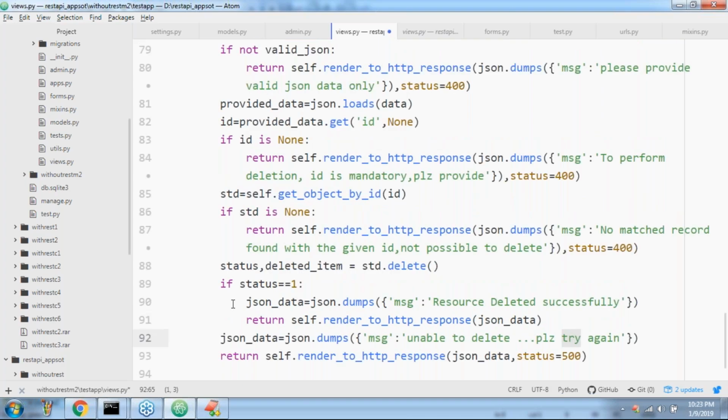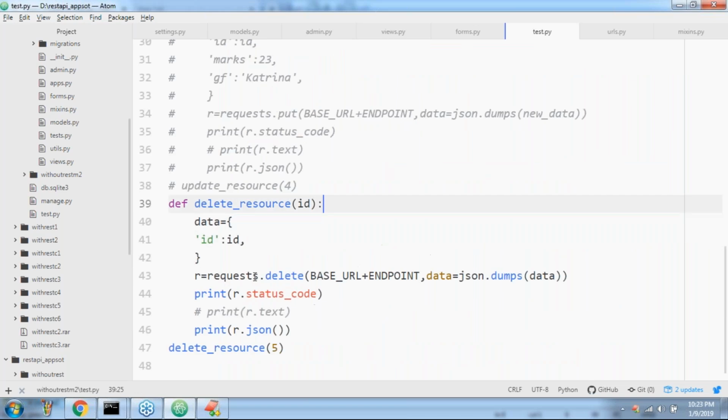Yes, friends. Any doubt about this terminology? Okay. Now let me cross check whether the delete operation is going to work or not. Now tester.py. Here, which resource do I want to delete? Number 4 resource, sir.